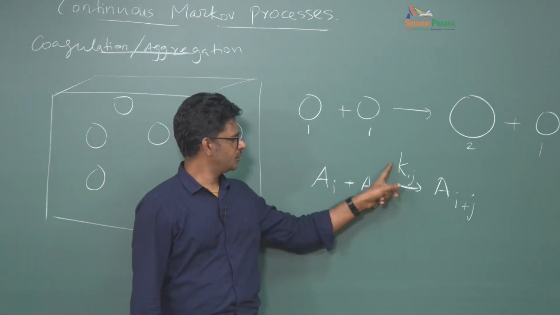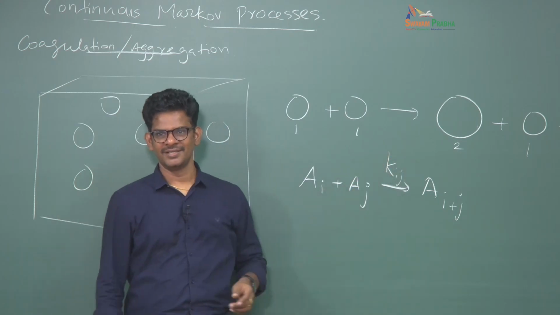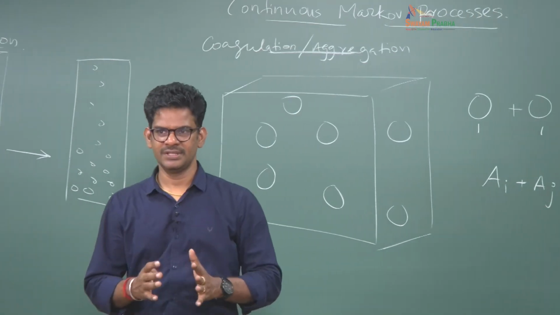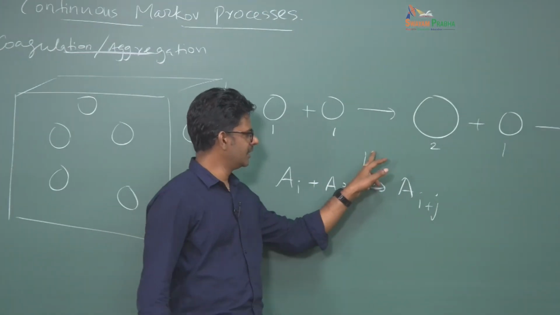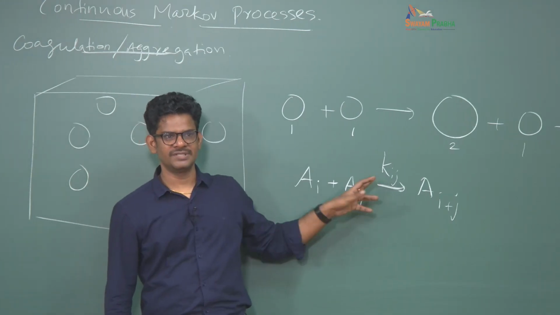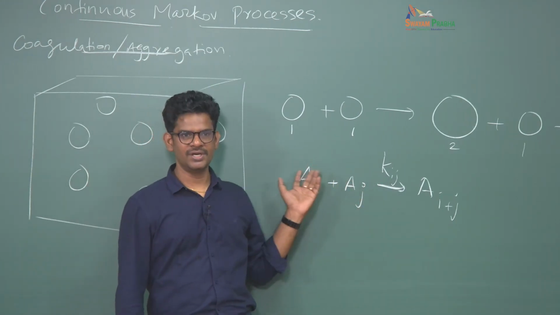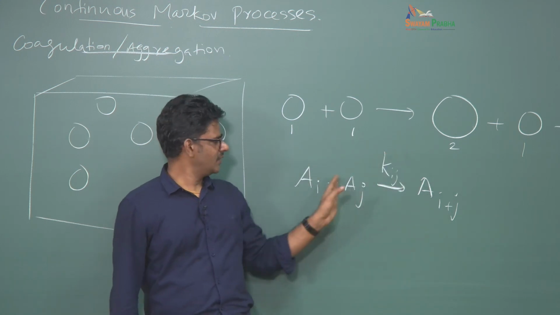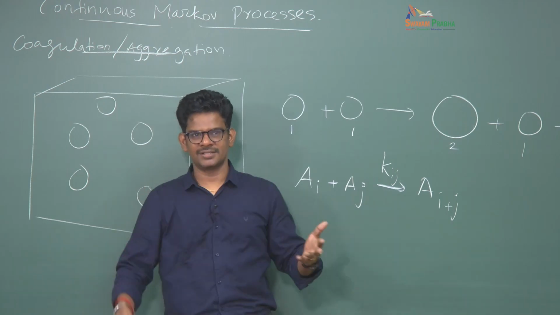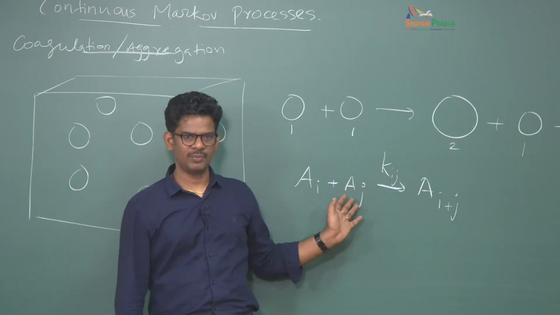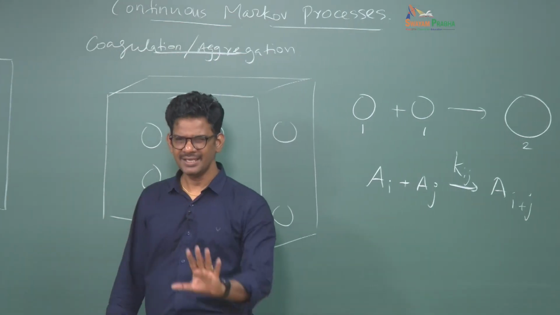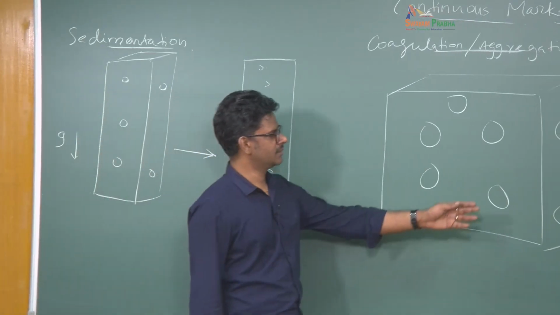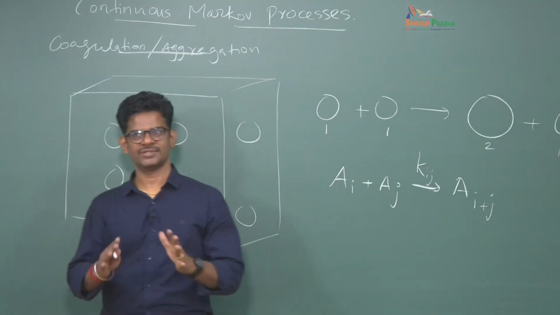So in fact we should be able to get even this rate constant, which is purely coming from diffusion of the particles. So what I am going to do in this class is to get an expression for the rate constant K, which characterizes the collision probability, the collision rates of aggregates of size i and j. Once we know this, then we can set up the chemical master equation equivalent number balance equation, which I call population balance, and then we can solve this analytically in some cases, and then we look at what is the final analytical solution for the concentration of these species. Okay, so that's a roadmap.